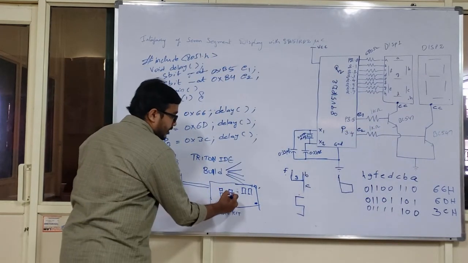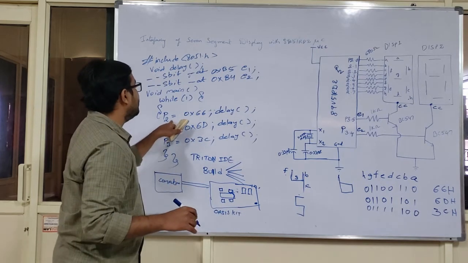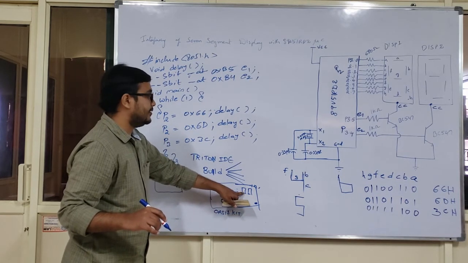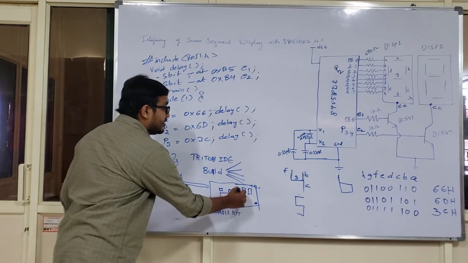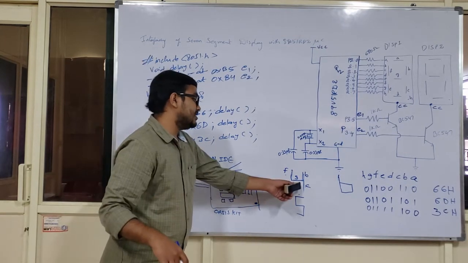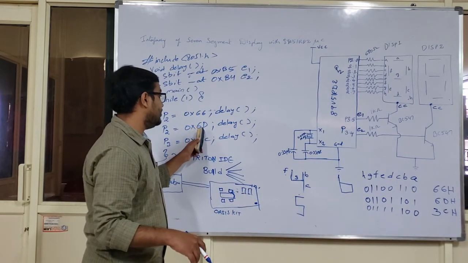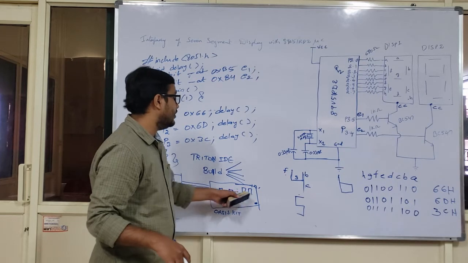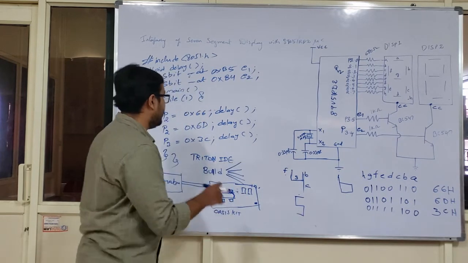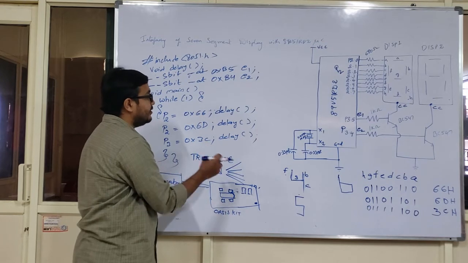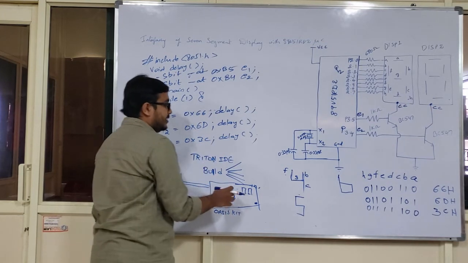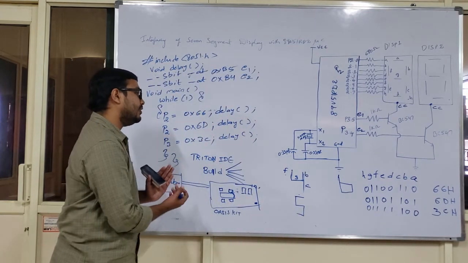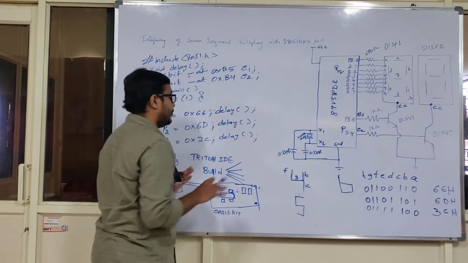So as here you can see, P2 equal to 0x66, the port 2 is carrying this information. This information is connected to your 7 segment display, and your 7 segment display is going to display decimal 4. Similarly 0x60 is the information present in port 2 of your microcontroller, and I can see 5 on the 7 segment display. Similarly for 3C, if P2 is carrying 3C, the 7 segment display is displaying decimal 6. In this way port 2 is acting as an input port, and also as an output port.